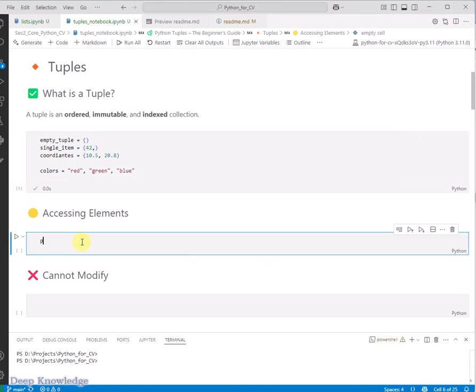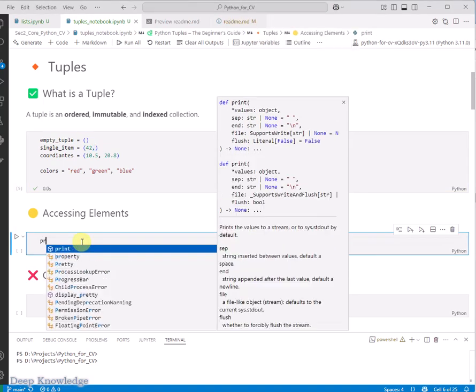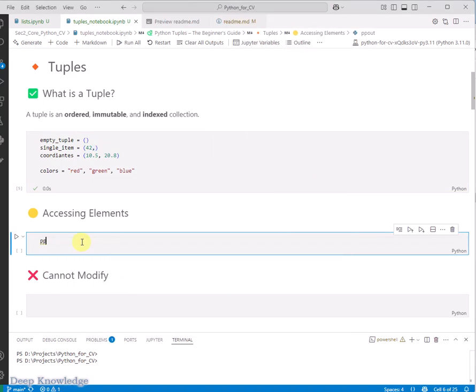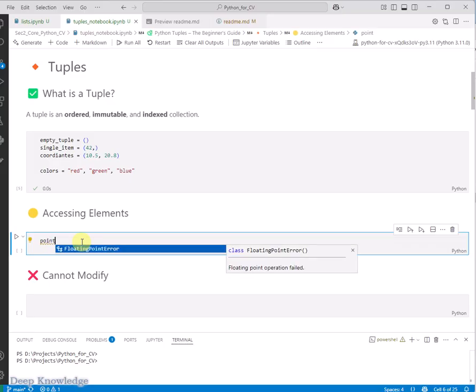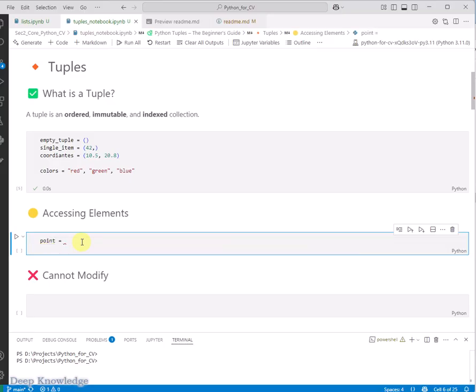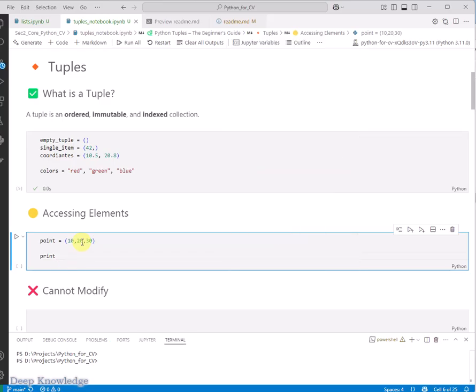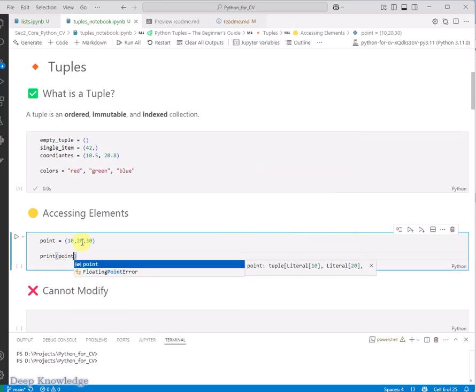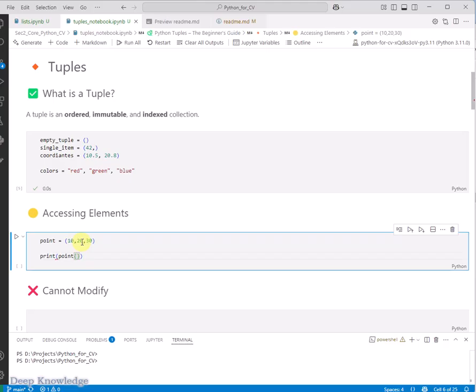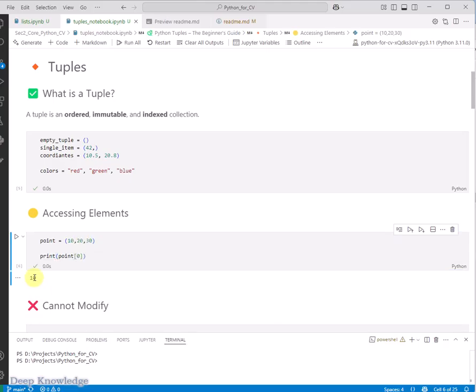For instance, we need a point, let's say 10, 30, 20. And I need to print the first element of the point. This is printing the first element, and you can see it will print 10. If you use index 2, it will print 20. And so on. This is how to access